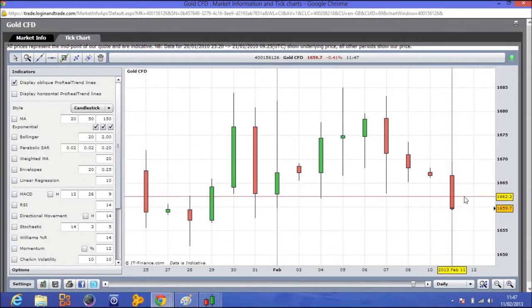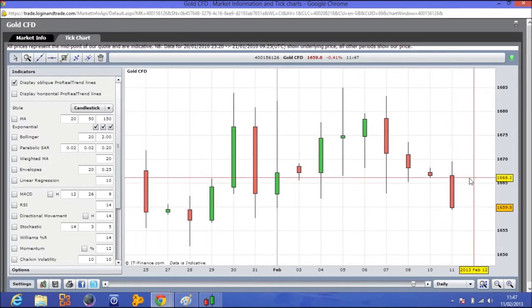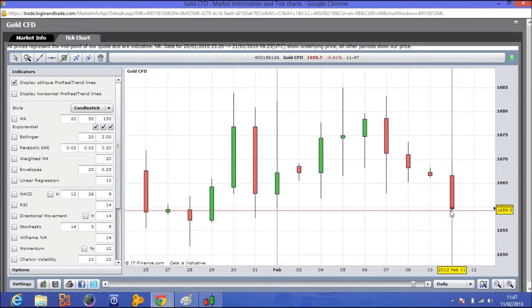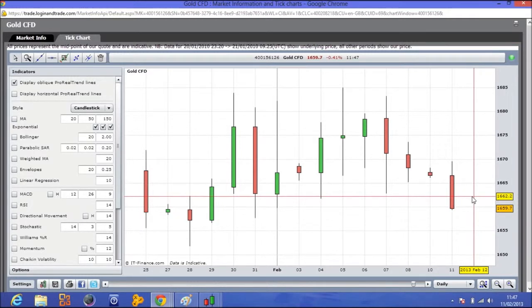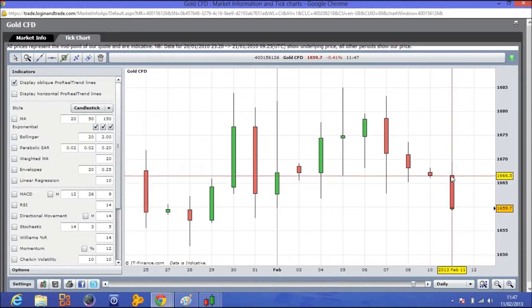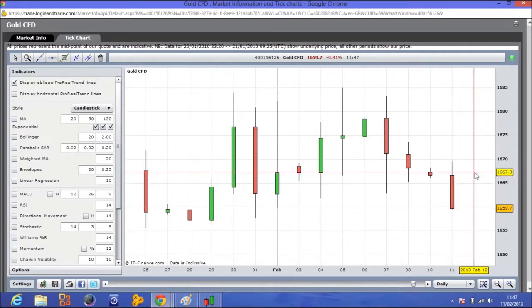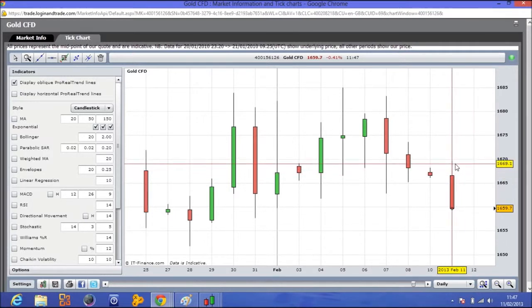You might see the bottom of this red candle moving, that's because it's the live price. It opened here, so red is bad, so we know the top of the red candle is where it opened, and this is where it currently is, at the bottom of the red candle. So we know it opened at that price. If you look at the right of your screen, it tells you what price it opened. It went up a little bit, which is what gives us the wick, but we won't worry about that just now,